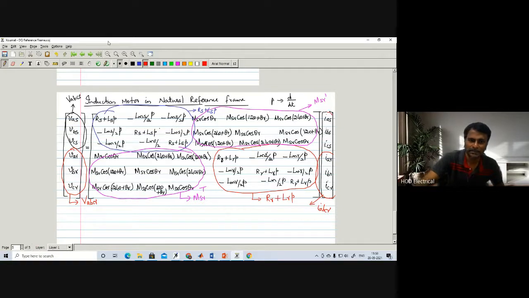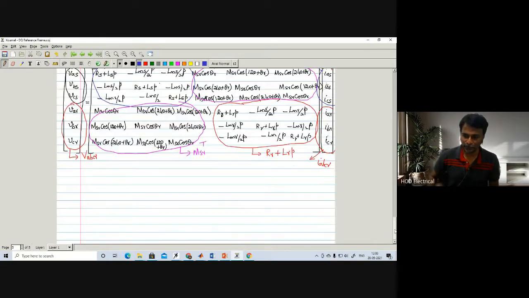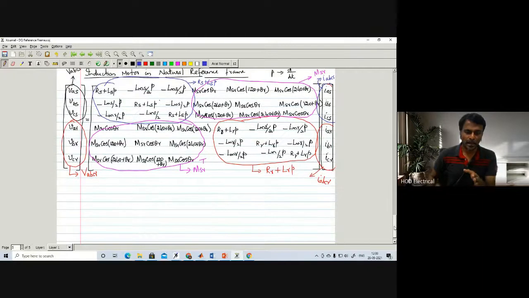Then this is the stator variable, so we can call it IABCS. So this entire induction machine model has 4 sections. Accordingly, we have written. Already in the last class I have told you